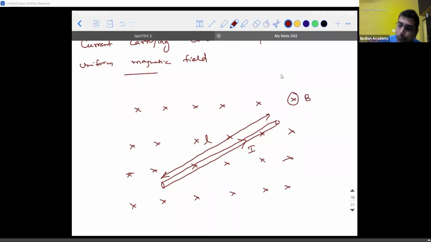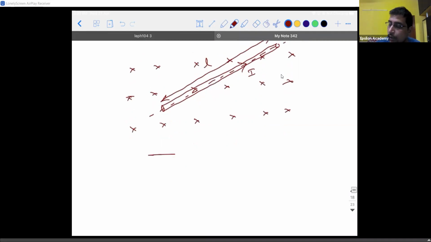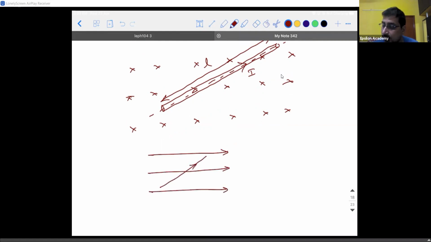If the current is flowing in this direction, let's say the axis of this current carrying conductor is making an angle theta with the direction of B. Let's say B is like this, and the current carrying conductor is like this with the current I in it. For the time being, I've just drawn it. So if I take this angle as theta, and if the length of this conductor is taken to be L,